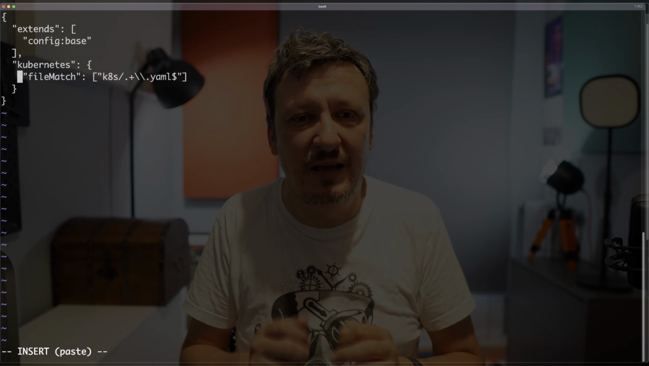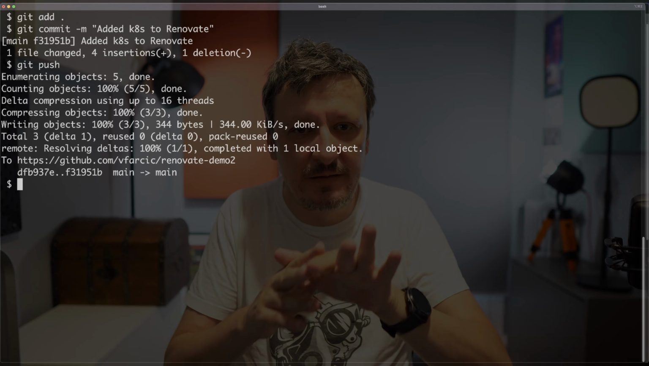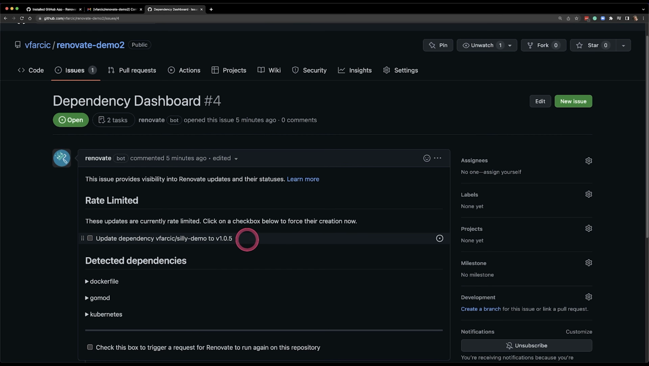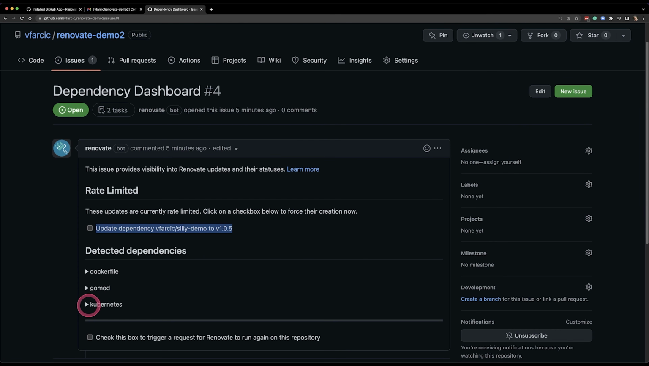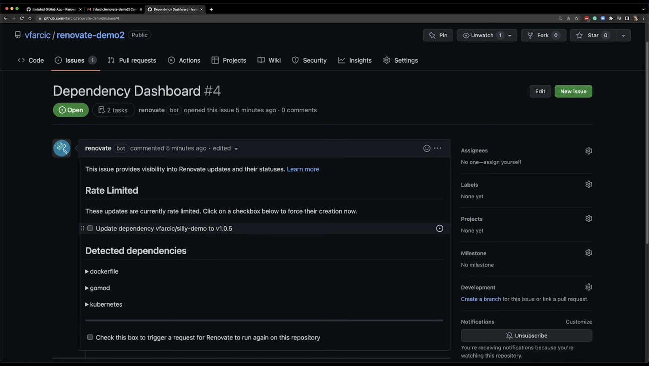So I'm going to add a new section, Kubernetes, and I'm going to tell it, hey, the file match is the Kubernetes directory and all the YAML files inside of that directory. I'm going to save the file and push it back to GitHub. And then I wait for a few moments, and then I can go back to that issue, the dashboard that is stored in an issue, and we can see the dashboard changed. Now it says, hey, all the dependencies you had before, they're fixed, but now you have an issue in one of your Kubernetes manifests. To be more precise, it detected that the tag of the image that I use is